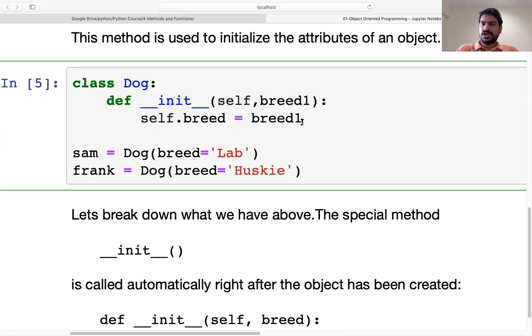Because it is a special type of function, we don't have to call it. All the other functions we have to call, but this function we don't have to call. This function will call itself when we create the object, or create the instance of a class. So when we create an object or an instance of a class, this init function is going to call itself. It is implicit calling. We don't have to call it explicitly.